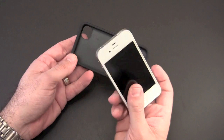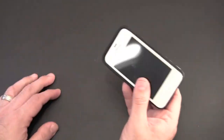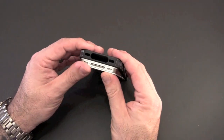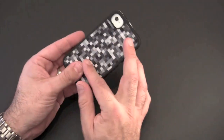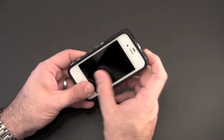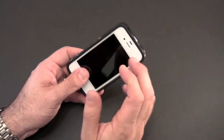So let's pop my phone in first so you can see what this case is all about. With this, you do have to go button side first, at least that's the way I've been doing it, putting the volume buttons and the sleep/wake button in, and then clicking it in at the bottom. Now I do have a screen shield on the front of my phone and on the back. I don't have anything on the sides. It's pretty tight on the sides. I'm not sure how well this case will work with something on the sides,